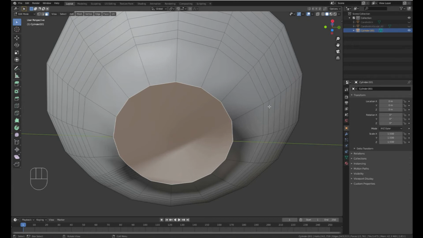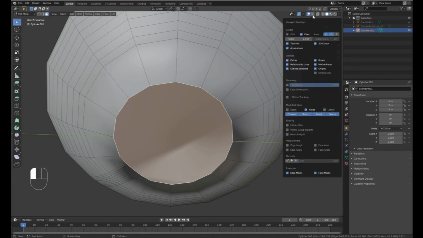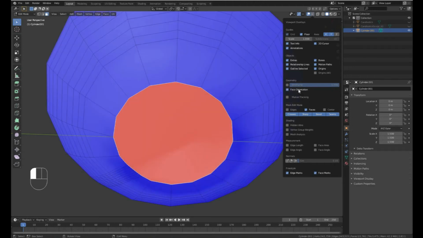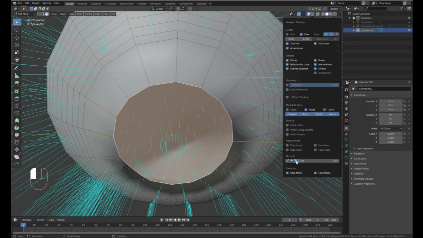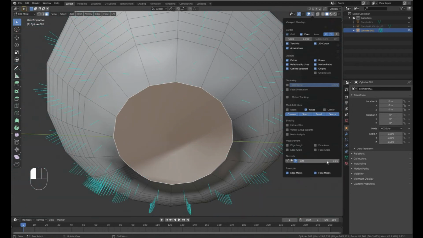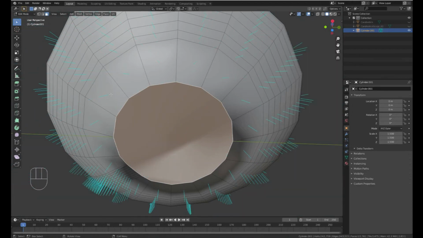So there are a few ways to check the normals, make sure everything's okay. If we go to the viewport overlays, you will see that there are a number of options. If we select face orientation, that will give us a very clear indication of blue being correct, red being incorrect, or just red being flipped, but for our purposes incorrect. If you turn that off, there's also the option to select face normals, and a size next to that. Because we've got quite a small object, we might want to do 0.01, and you will see that there is, from the perpendicular of that face, a little blue line showing the outward direction of all of them